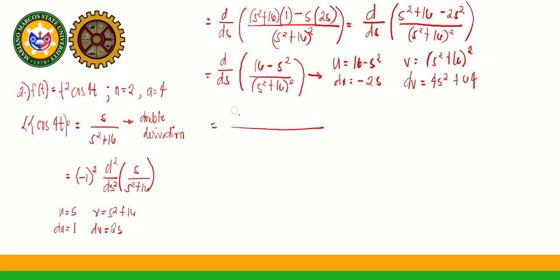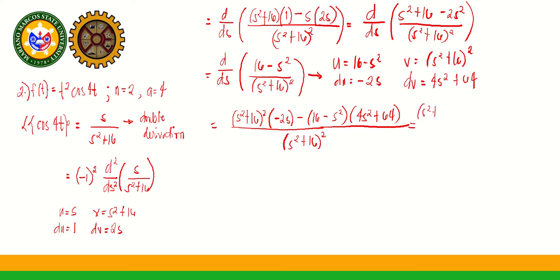So our v is equal to s squared plus 16 quantity squared times du, which is negative 2s, minus u, which is 16 minus s squared, multiplied by your dv, that is 4s squared plus 64, over our v, which is s squared plus 16 quantity squared. So from there, pwede tayong mag-simplify. So this will be equal to